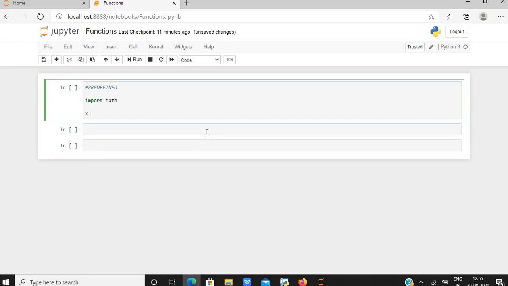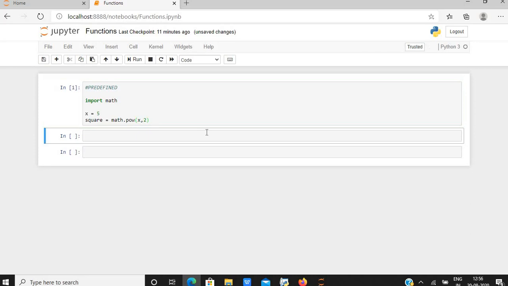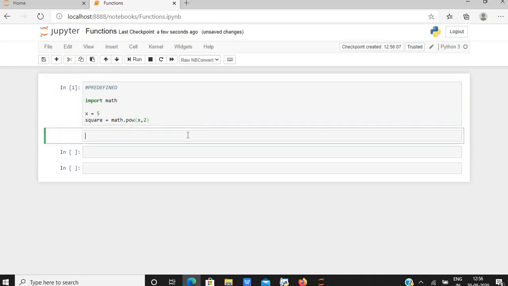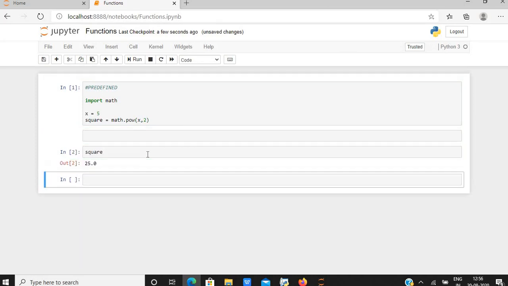I'm giving the value of variable x to be 5. square is equal to math dot pow x, 2, which means power 2. Let us run this and print the value of square. As you can see, it's 25.